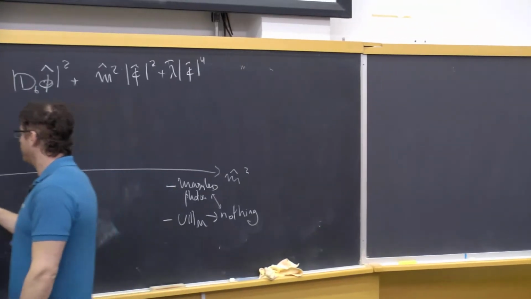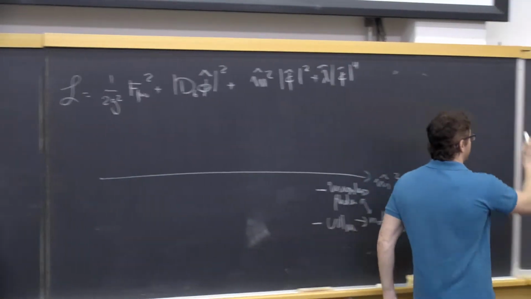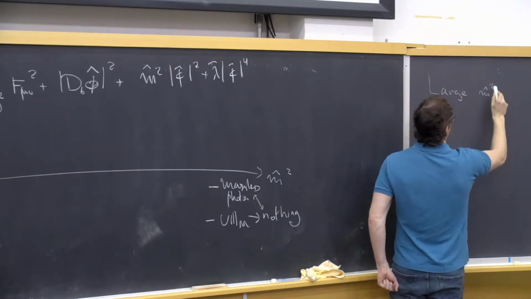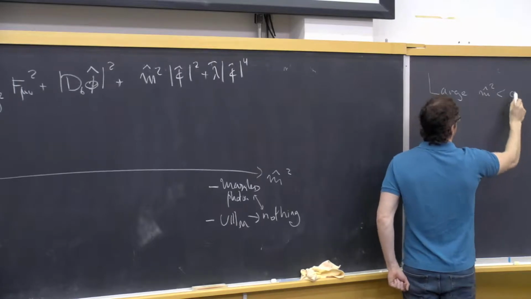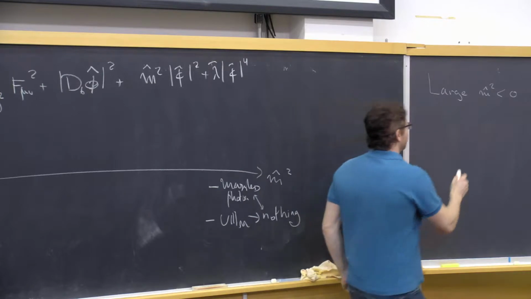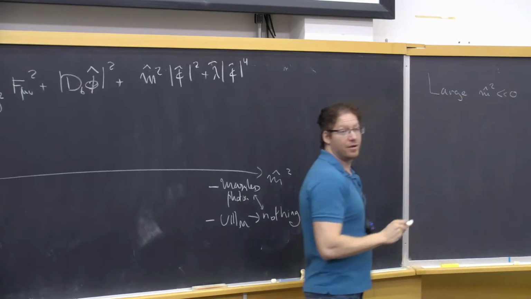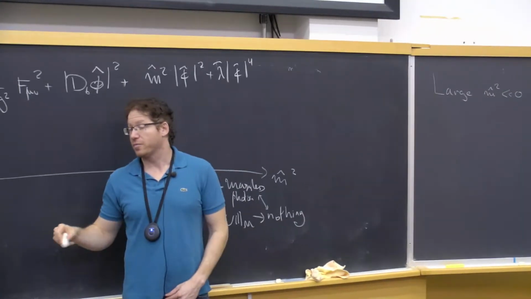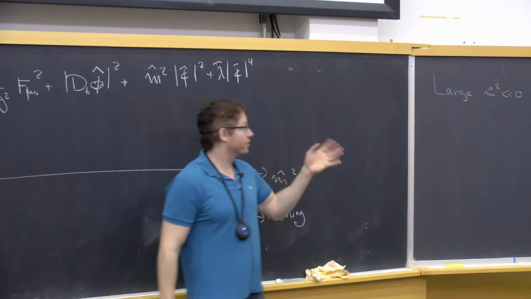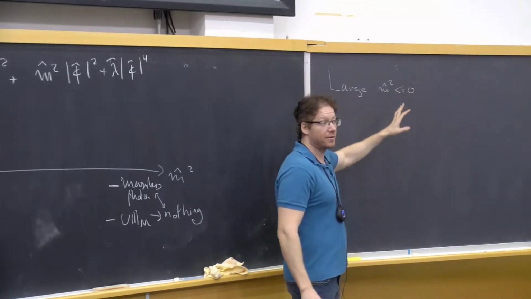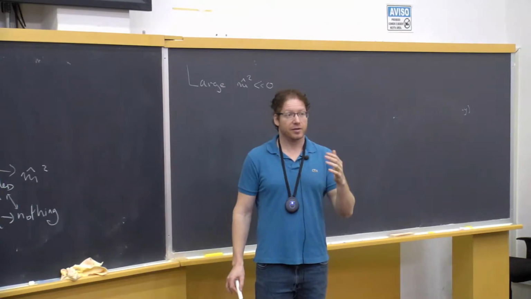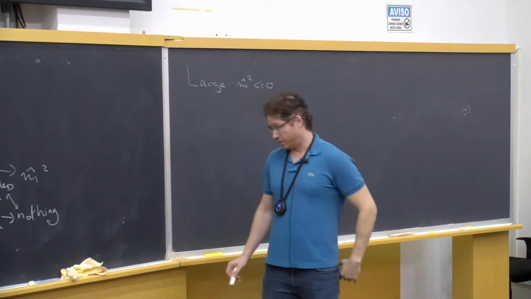Okay, now let's analyze the limit of large negative m hat squared. That's another interesting limit. I sometimes write it like this, large m hat squared. Well, in the literature, people use this notation. When people say m hat squared much, much smaller than 0, they sometimes mean large negative m hat squared. It's not a very good notation, but I'll just use it sometimes. So in this limit, the physics is actually easier to analyze, but a little bit more rich in terms of the excitations.